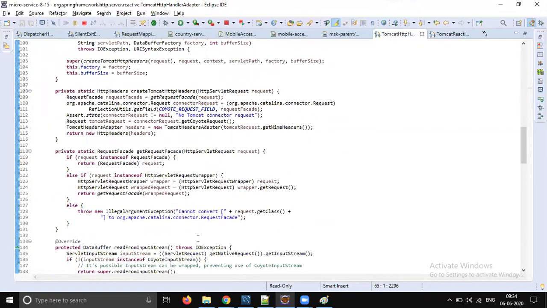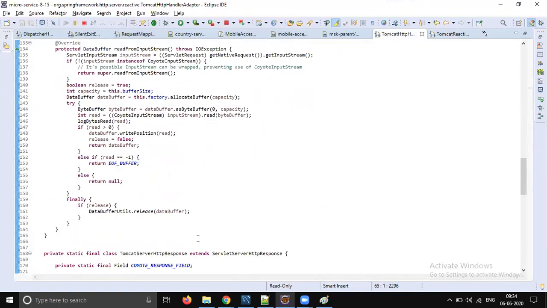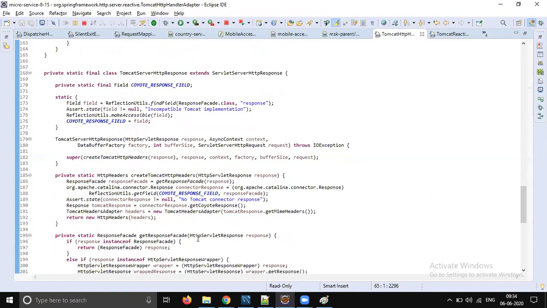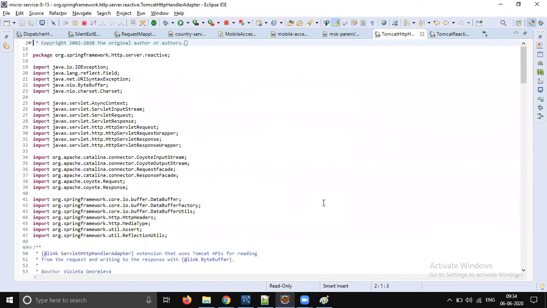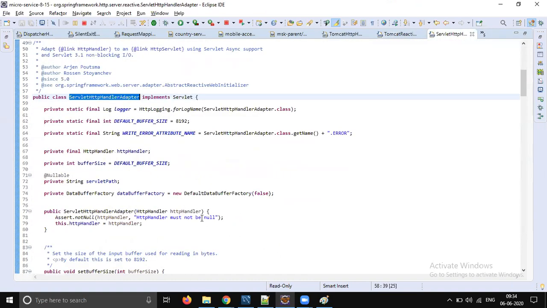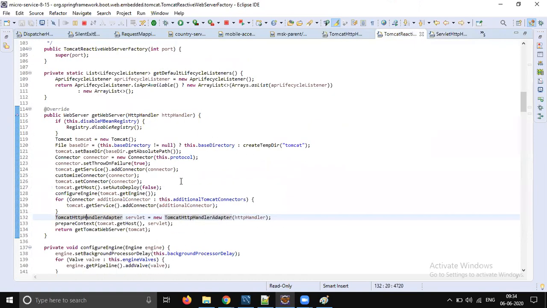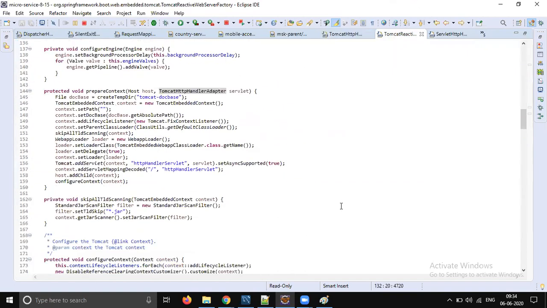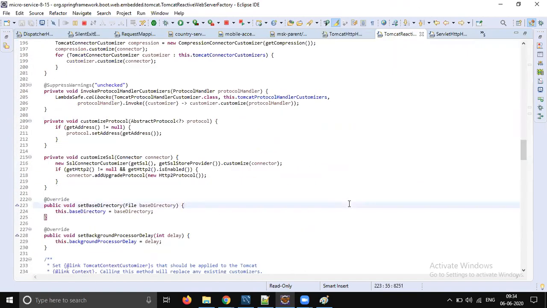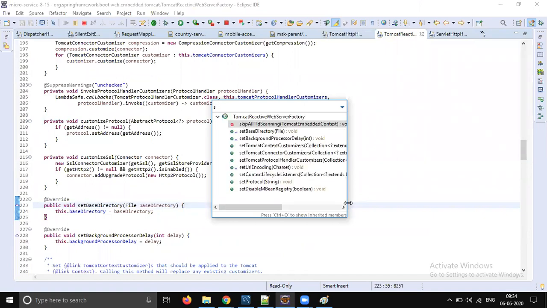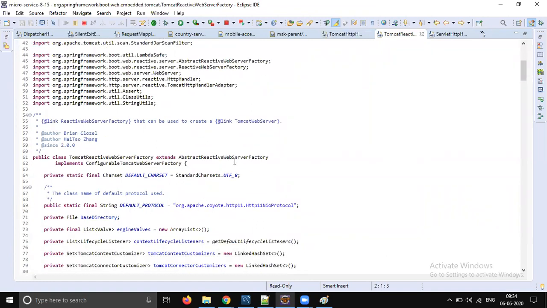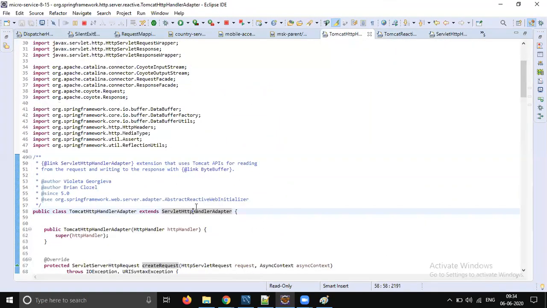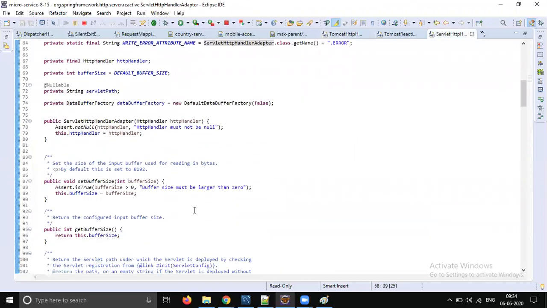Okay, then whatever we learned, it's for Netty. Then for Tomcat, where it's going, just check. Servlet HTTP handler adapter implements servlet. Okay, it's fine. Then it should have a service method. Okay, one second, guys. It's a servlet API. Abstract handler adapter.